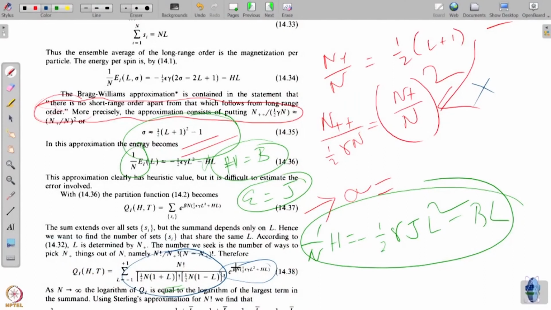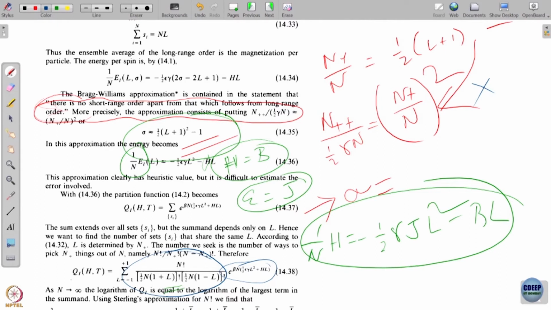Then I made the mean field approximation, and as a result I have only n plus. Then I go back, I already have L and sigma, and when I eliminate n plus plus, I eliminate sigma, I have only L, but in a consistent way. So I put the Hamiltonian here, and lo and behold, I have the full expression. Now I can evaluate that. In the large particle limit, n going to infinity, I take the logarithm to get the free energy, and then I make the approximation.